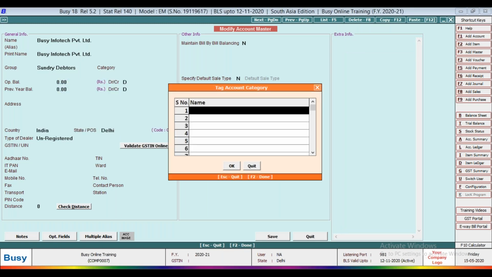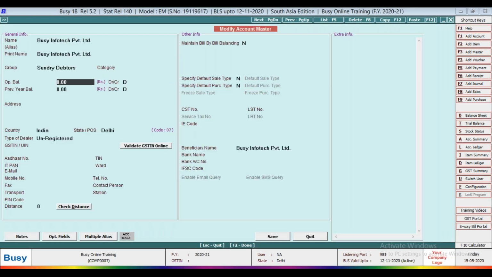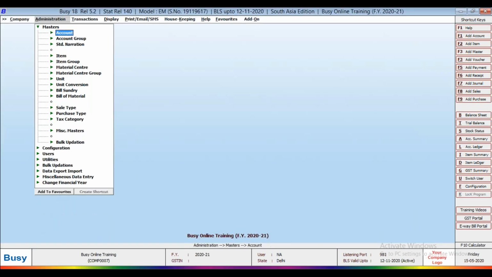We have changed this account. Now here you can define stockist. Okay. So this is the way you can define. And what is the purpose of account category? In some of the reports, you can check account category wise report, and you can add custom columns in the reports for category wise reporting. This is the purpose for giving this option.